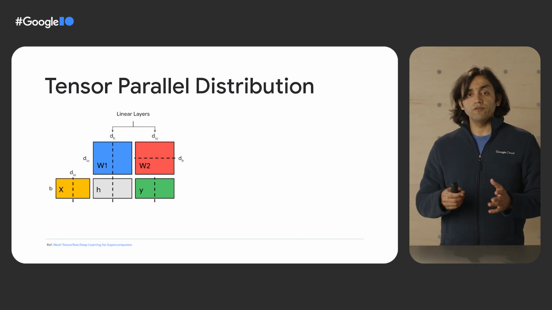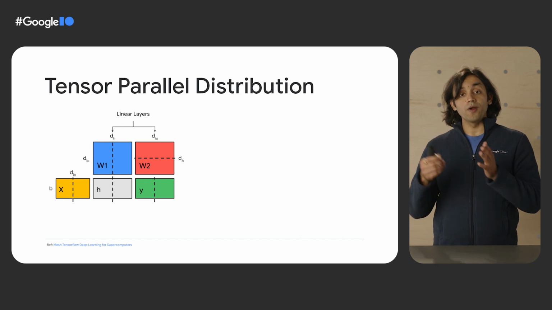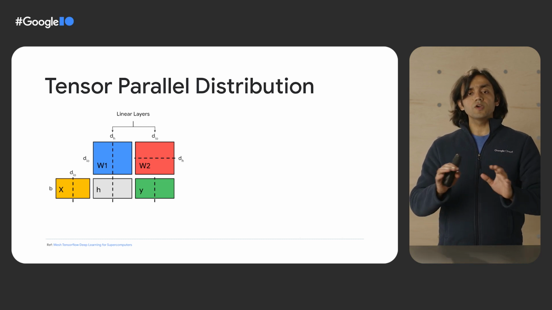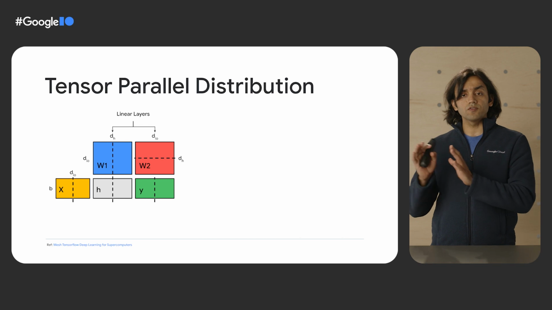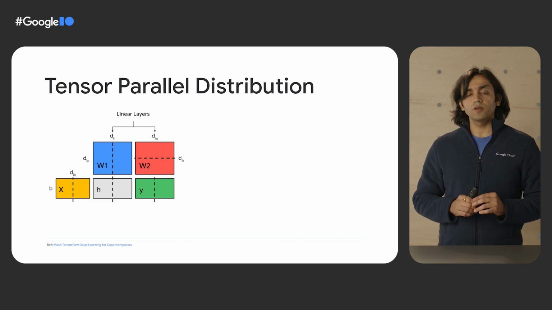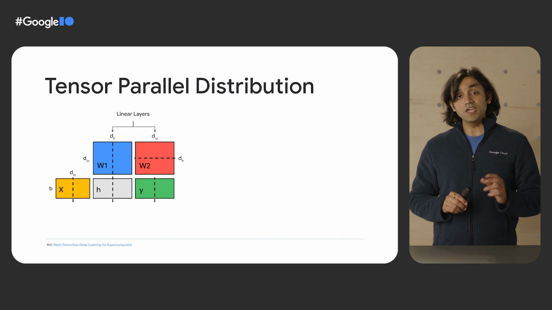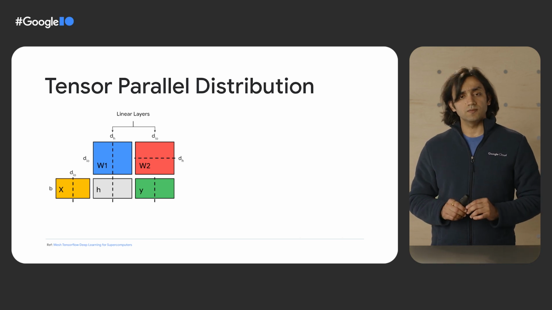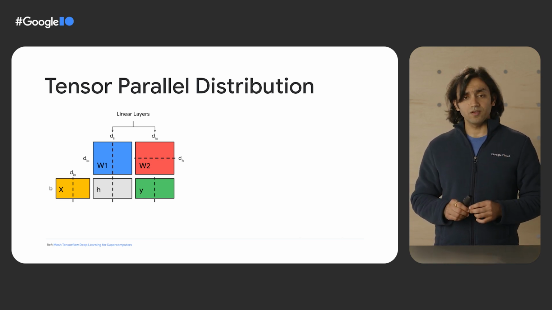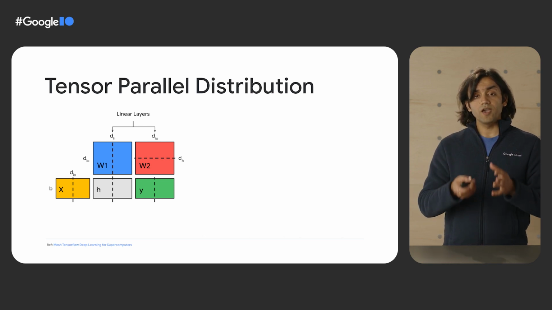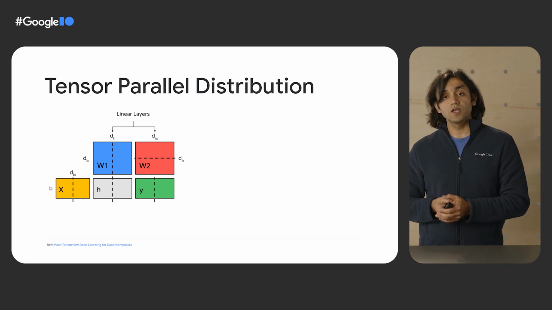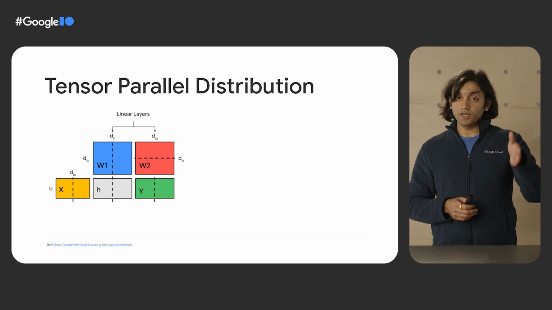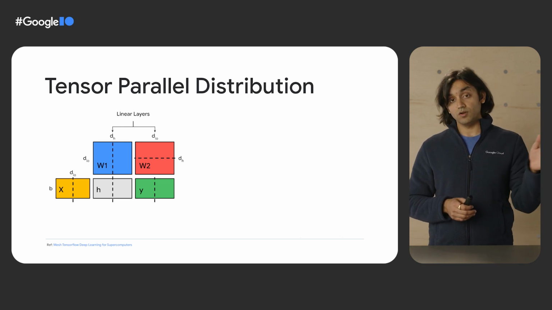Let's see what happens when we do tensor parallel partitioning, or parameter partitioning, of this model across two devices. Before we go into details, here is the takeaway. Even a two-layer model partitioned across two workers introduces a significant amount of communication steps in the forward and the backward pass. Now let's see how this happens. In this example, we have sharded X into two column-wise parts. The W1 and W2 parameters are partitioned row-wise and column-wise respectively. The dotted lines in the diagram show these different partitions across two workers.